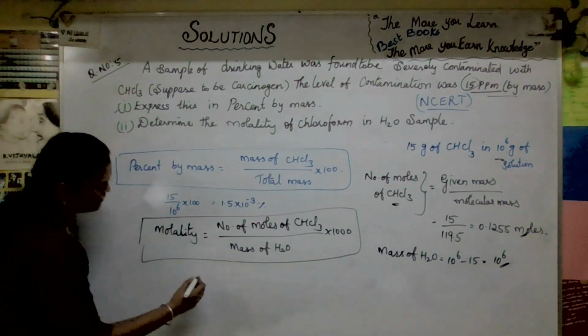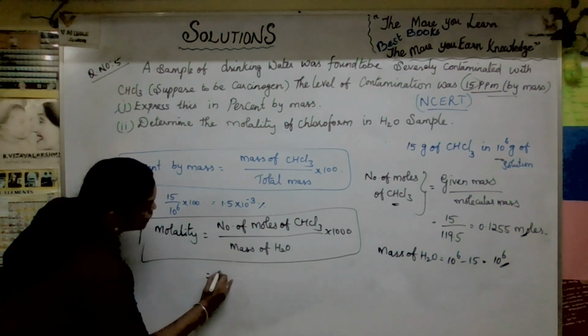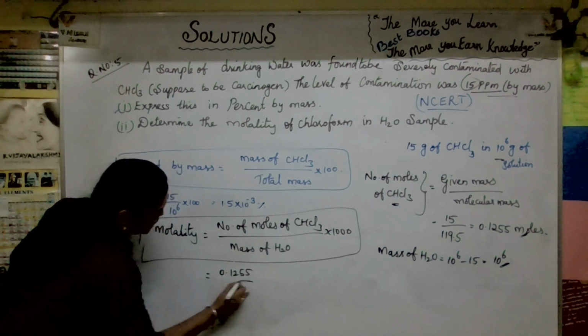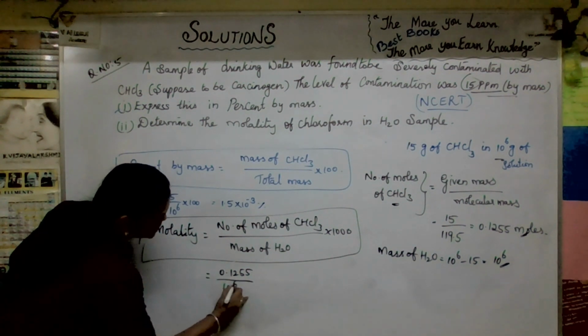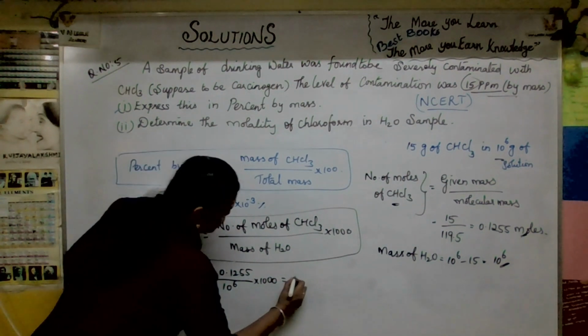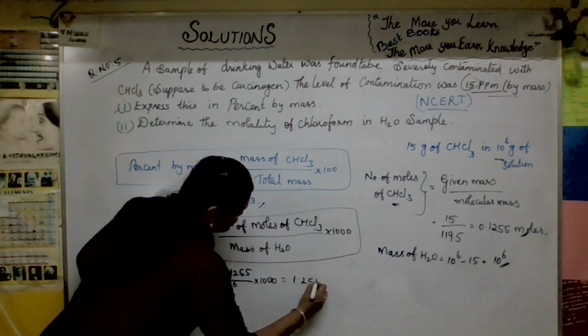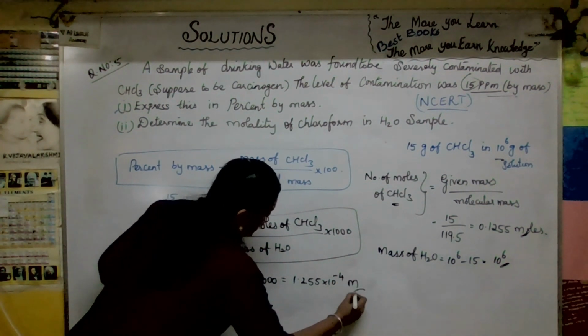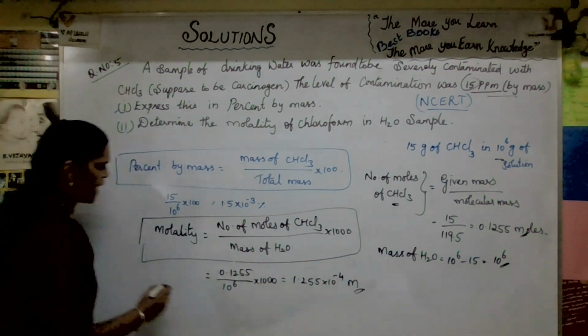Now we can apply the value as I mentioned here, 0.1255 divided by 10 to the power of 6 into 1000, right? So you will get 1.255 into 10 to the power of minus 4 molality, small m, molality